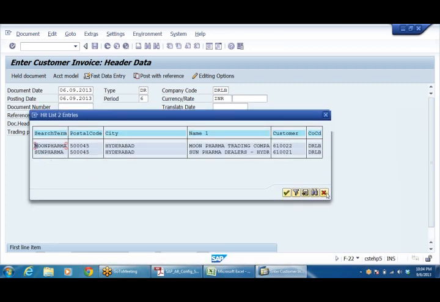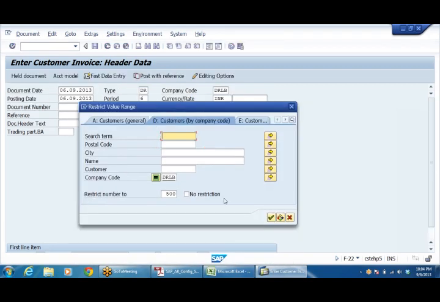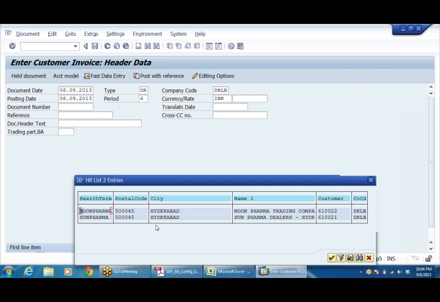See here, the system is showing 01 account, customer accounts here, not GL accounts.